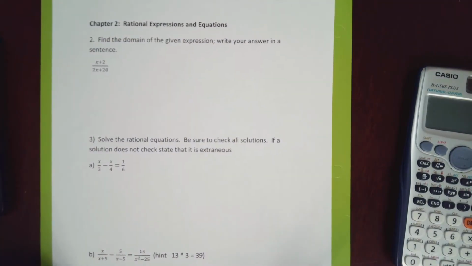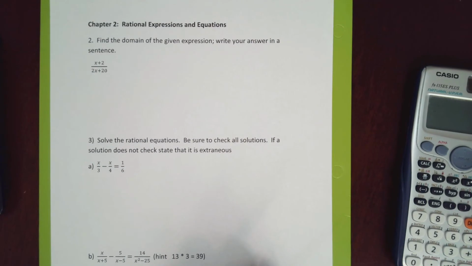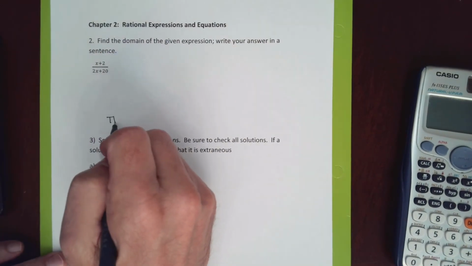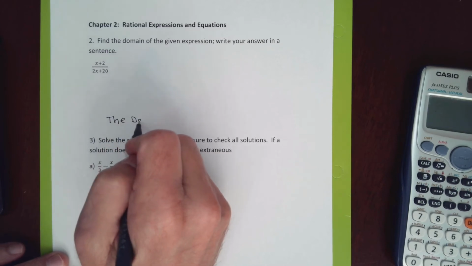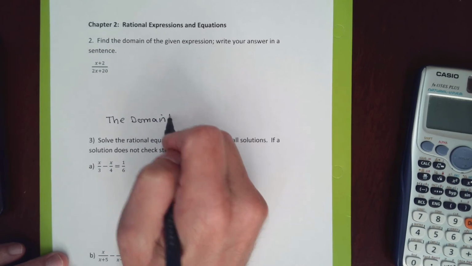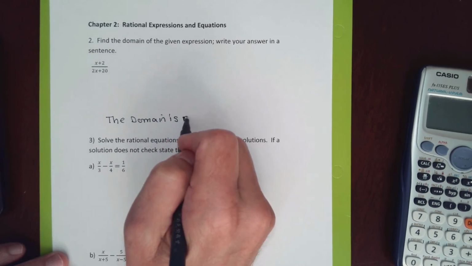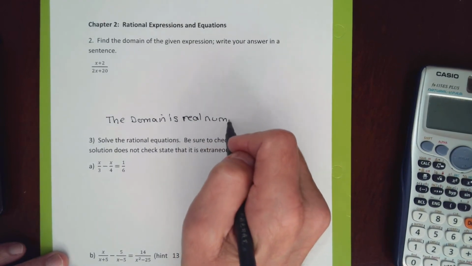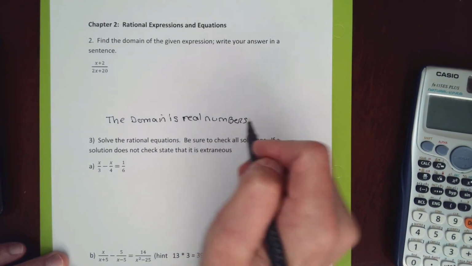Question 2 comes back from section 2.1. It wants me to find the domain of a fraction. And to find the domain of a fraction, I ignore the numerator, I set the denominator equal to 0. And because it asks for my answer in words, I'm going to write those words down. I'm going to say the domain is all real numbers except